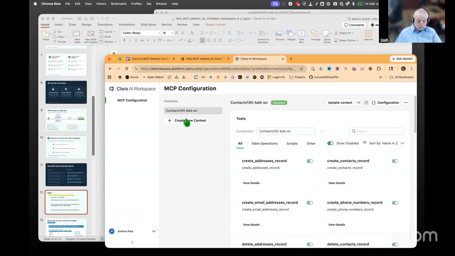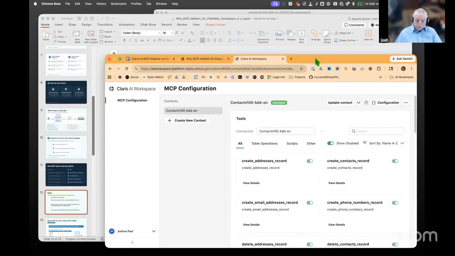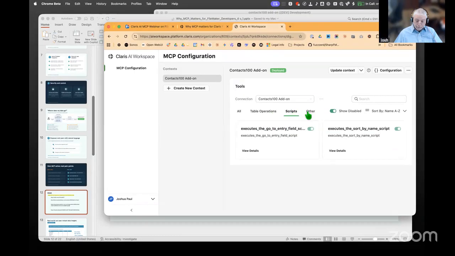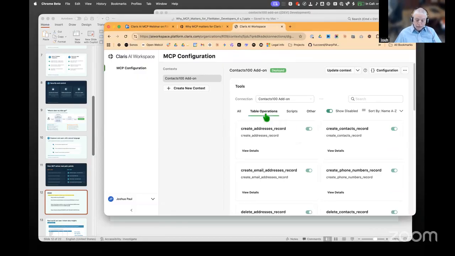I've made this context and I've linked it, like I said, to this server and this file. And then what FileMaker automatically discovered was table operations, scripts, and whatever other stuff. It invented all of this on its own. I didn't have to do anything. And then what I had to do was